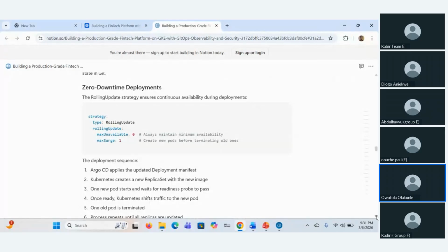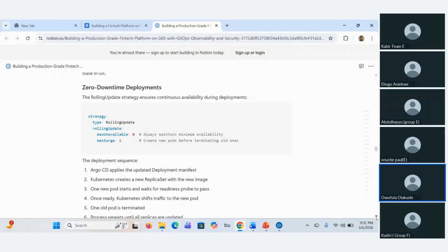For Argo CD, we can have what we call zero downtime. Let's say we have 2 pods and we are scaling from 2 pods to 3 pods. Before, it would first terminate the pod before creating a new pod.